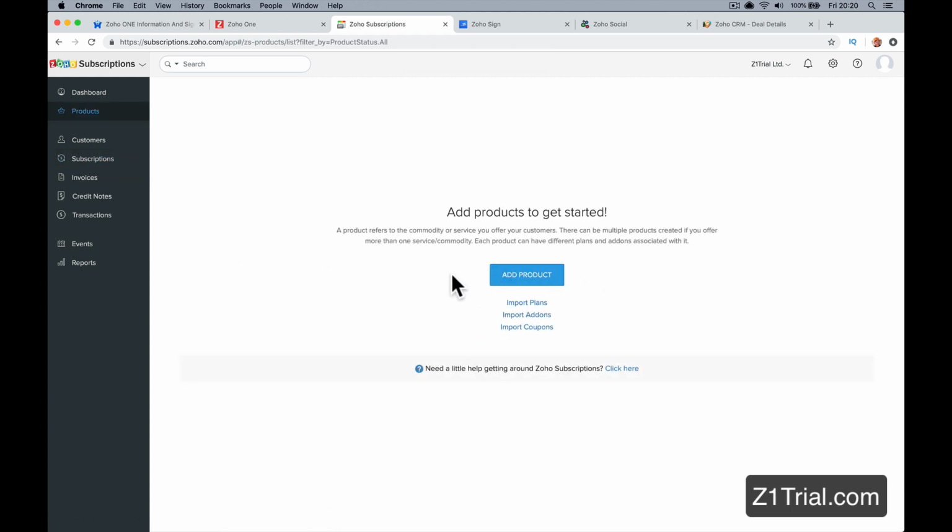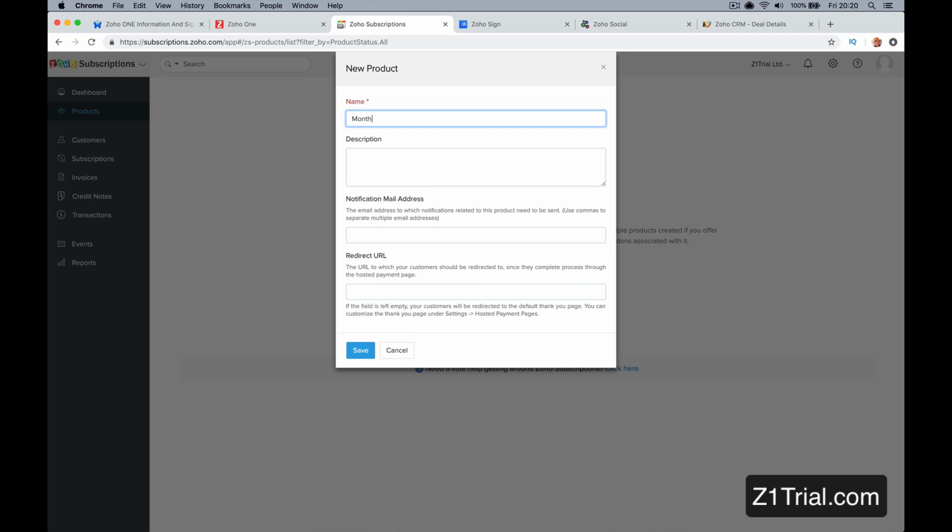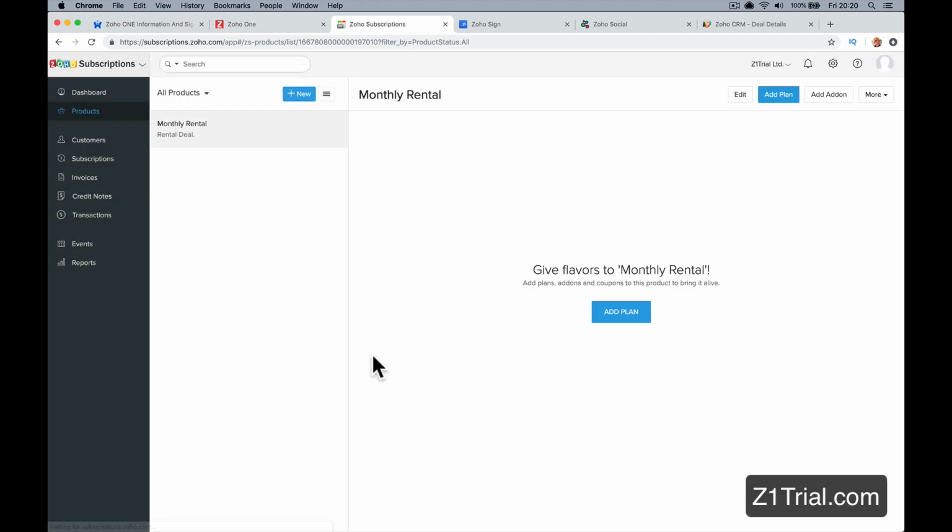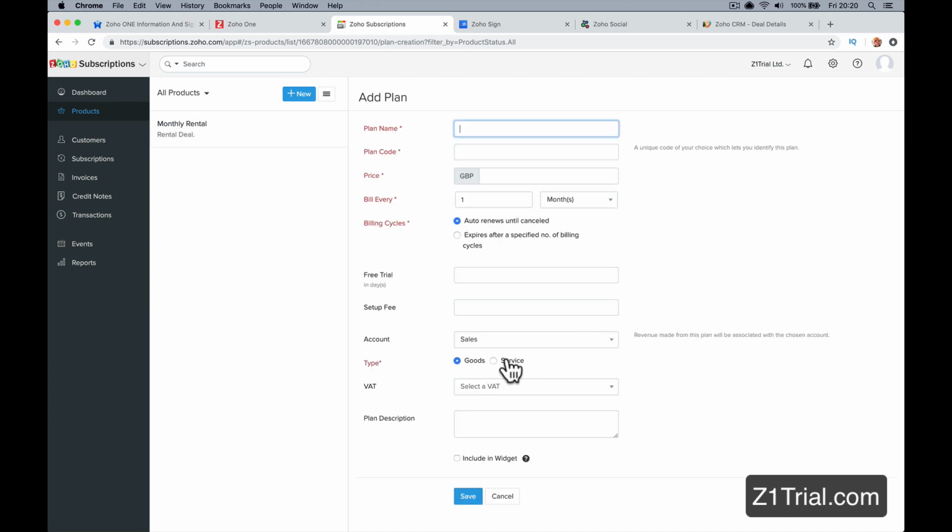I'm not going to go through it, but you basically add a product like monthly rental deal, notification email. Let's just save it. Add a plan,